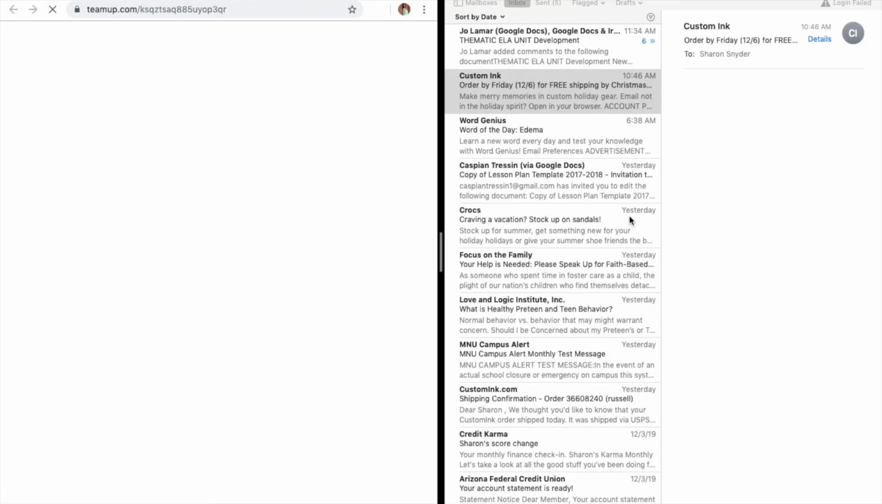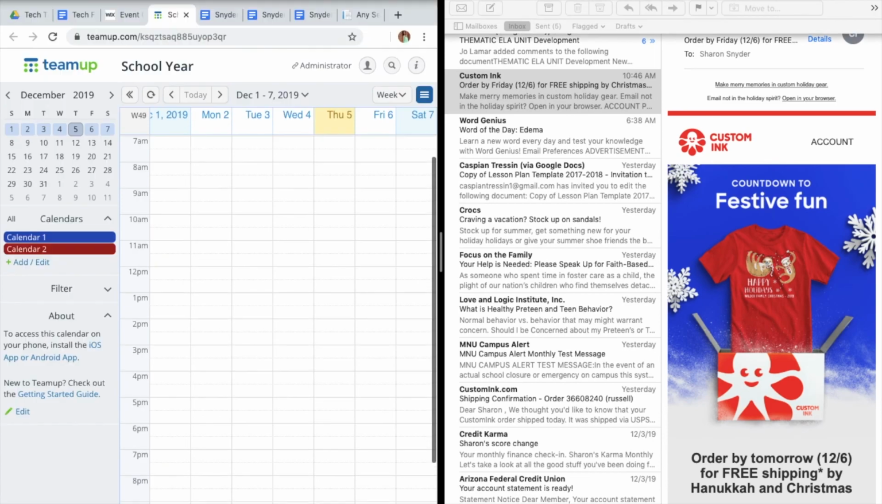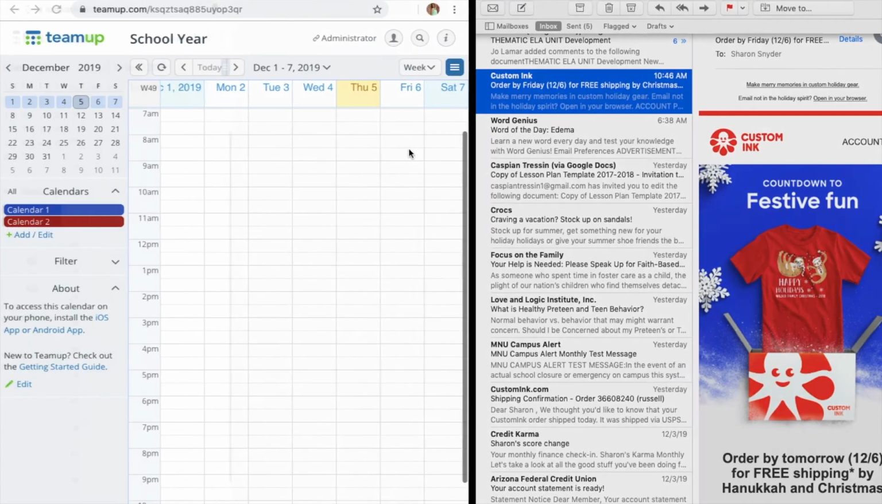It takes you to students' emails, and it also shows you